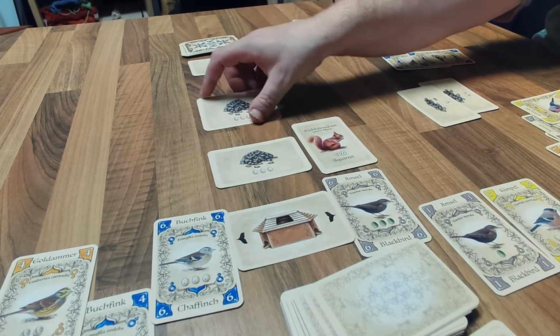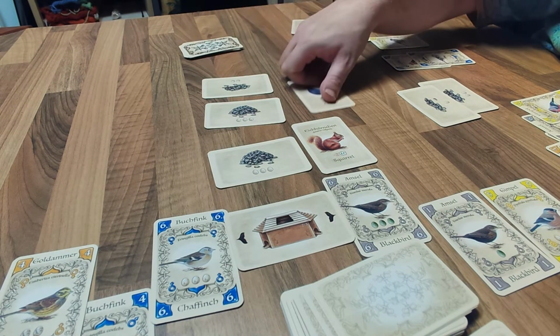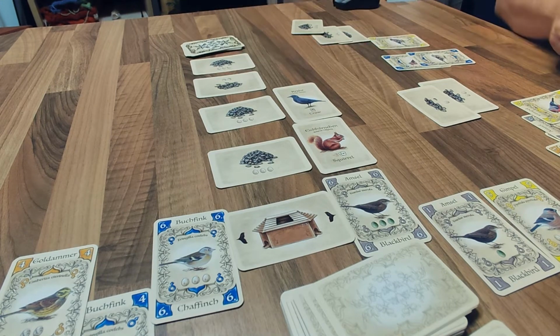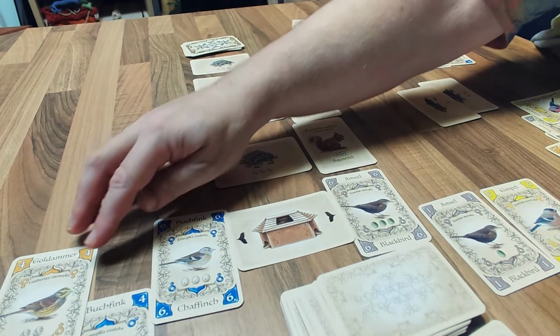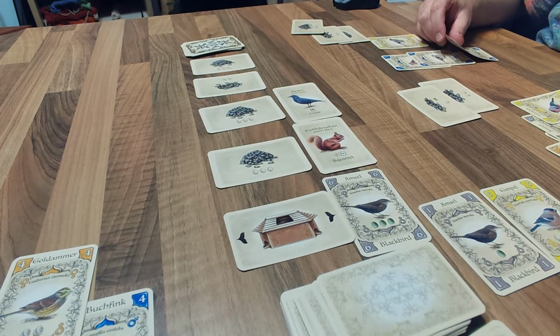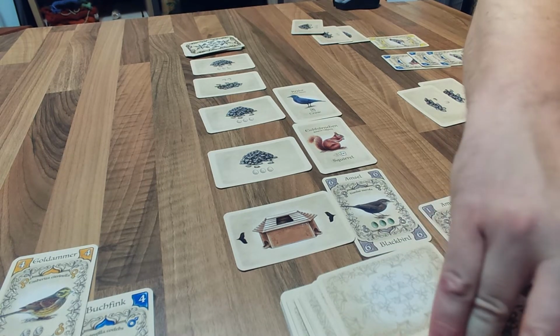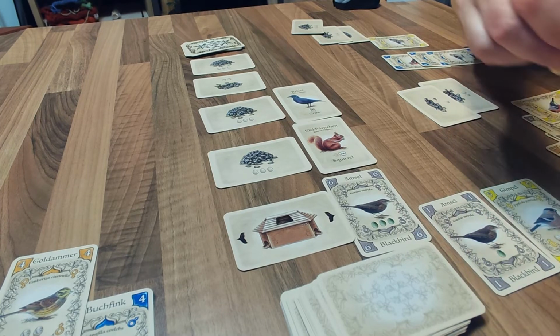I get the new card at the seeds. I get a new crow. I want to take a new card. I'm taking the blue finch. Okay. When I've taken the blue finch, I would have given away, indeed,